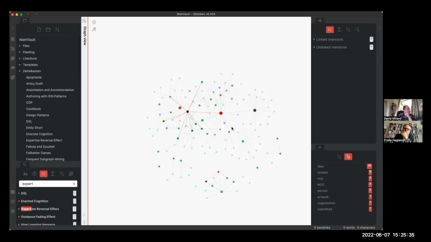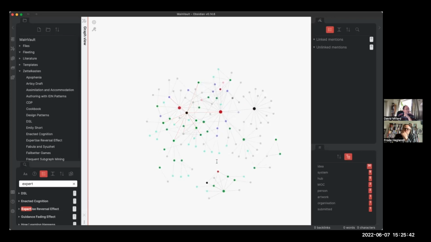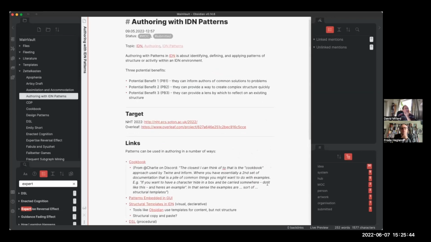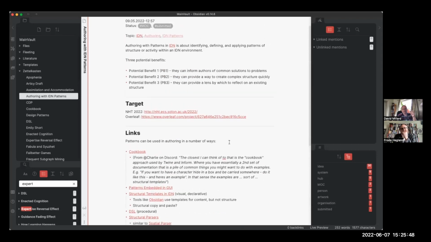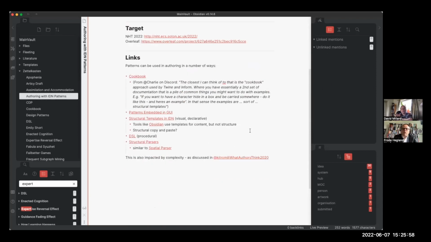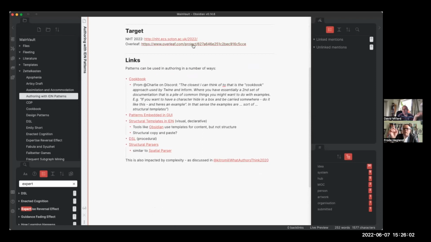So, for example, I wrote a paper. This is what I tried out the other day, which is called Authoring with IDN Patterns. So what I did is I sketched out the shape of that paper here. And as I went, I moved some of those concepts into Overleaf to turn it into a paper. So I wrote it here as a